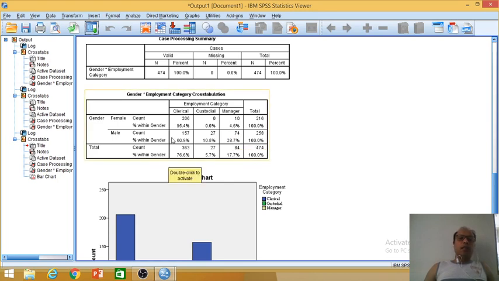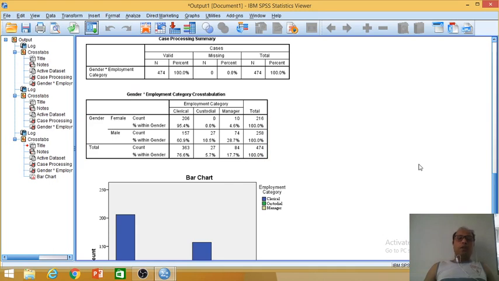Whereas if you look at the clerical positions, there is a 95.4% probability of a female being in a clerical position, whereas among the male it is 60.9%. So it looks like there is some sort of gender bias. Now this is a gender bias which we can see among our respondents, that is the sample of 474.